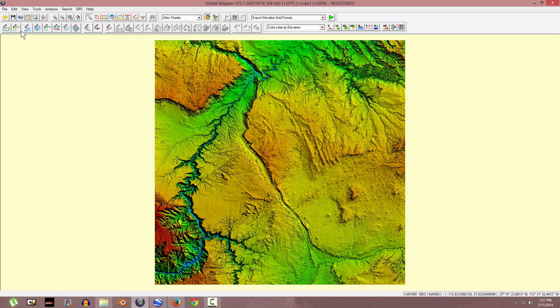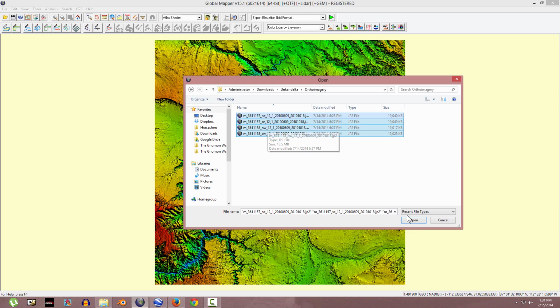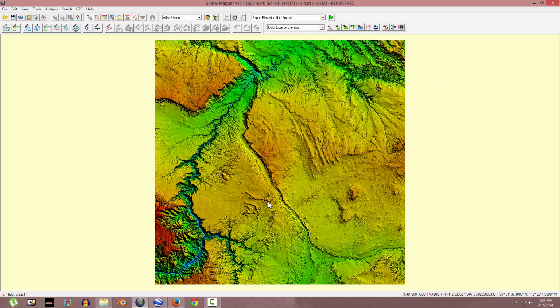And now after that, just go open once again and go to your ortho imagery folder, select all the images you have downloaded and click open. Wait for a minute or a few seconds depending on your computer, and you will see your ortho imagery files have been loaded in here, and these are all geotagged. That means they will go to their default location at real world scale. Go to here